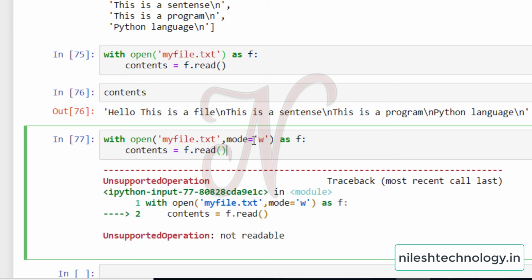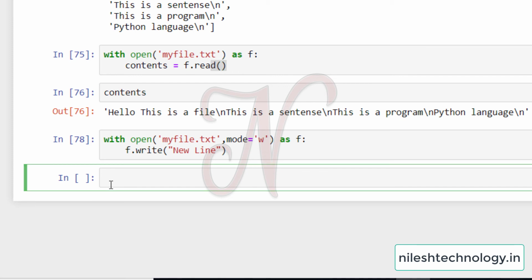So the advantage of write mode is that when this file is not available in the directory, write mode automatically creates a new file in that directory, and if it is present, then it overwrites the file with the new content. See here, we can write the new content. So f.write new line.